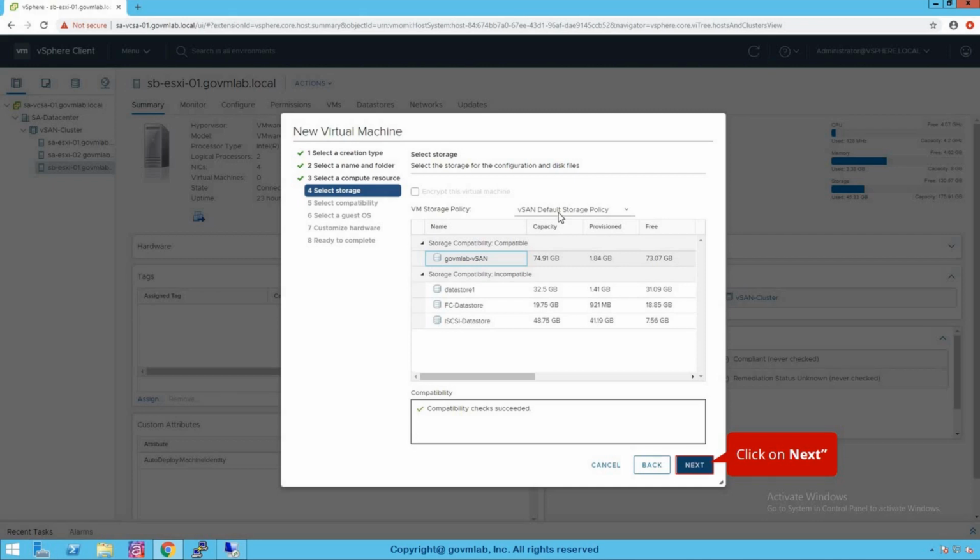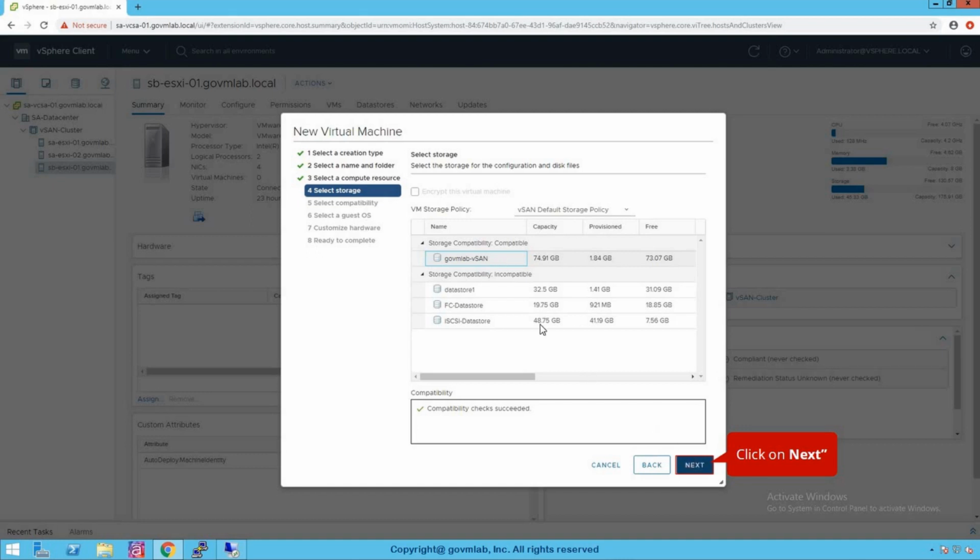So as soon as we select that policy, we just have the Go VM lab-vSAN data store as a compatible data store, whereas data store 1, FC data store, and iSCSI data store are incompatible against that storage policy. So let's go and select Go VM lab-vSAN as the compatible storage for hosting our virtual machine.